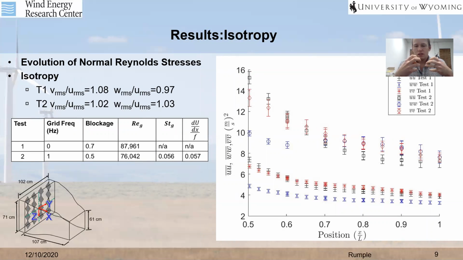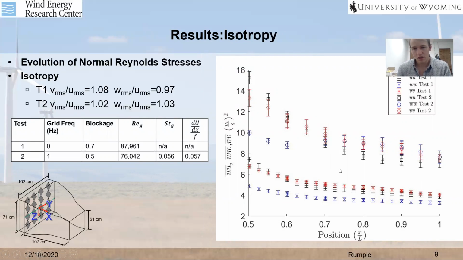So now we want to dissect the TKE further. We're going to look at the normal Reynolds stresses, and I'll take your attention to these 3 curves at the bottom of the chart on the right. Blue is related to WW, black is related to UU, and red is related to VV. You can see in the passive case that all components decrease monotonically. But contrary to that, in the active case,